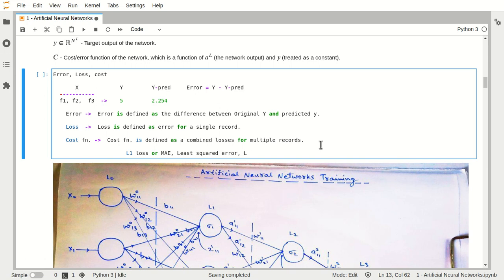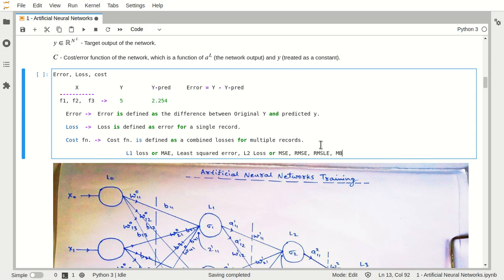There may be L2 loss, or MSE. Again, in terms of machine learning, we will go with some kind of RMSE, some kind of RMSLE. These are various loss functions we can use for regression.